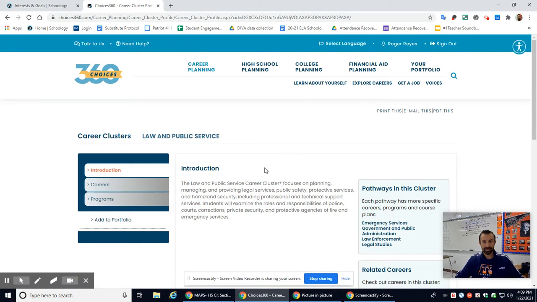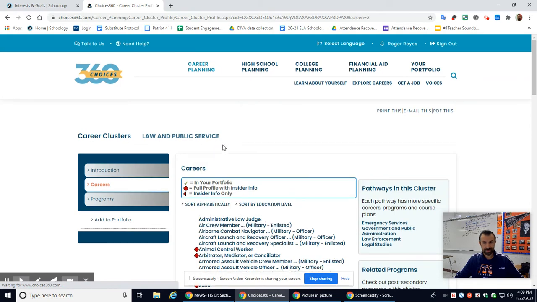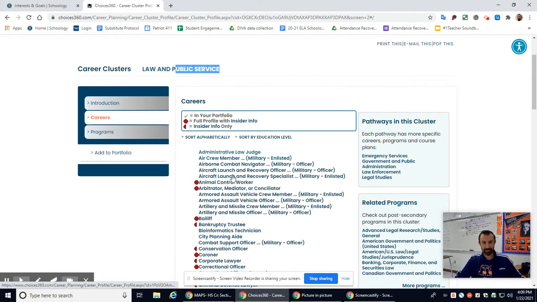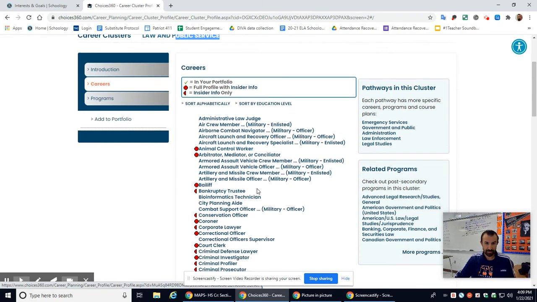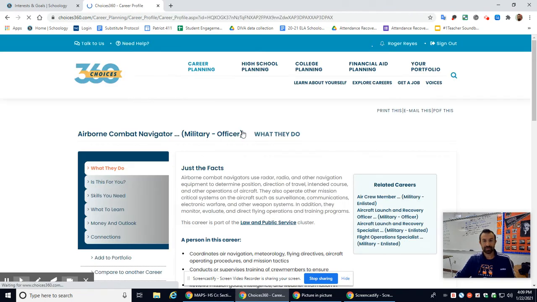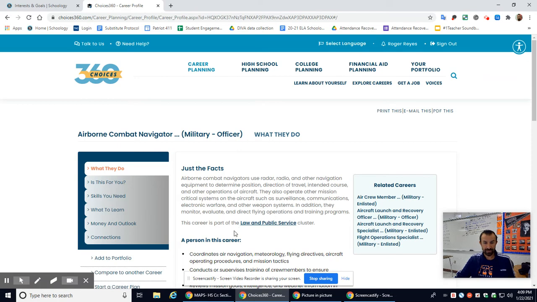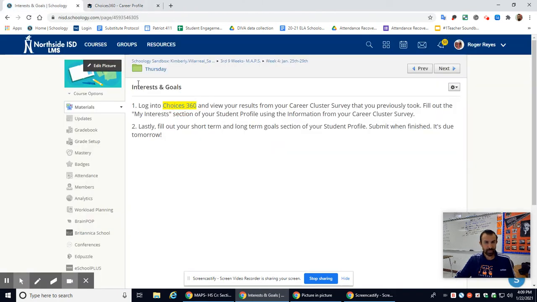Okay, from here, I will go down to careers. You can either use Law and Public Service as your interest, or you can find a job from here to fill it out about your particular interest. So mine, since that's my top one, I might want to choose Airborne Combat Navigator. And then from here, once I have this opened up, I need to open up my student